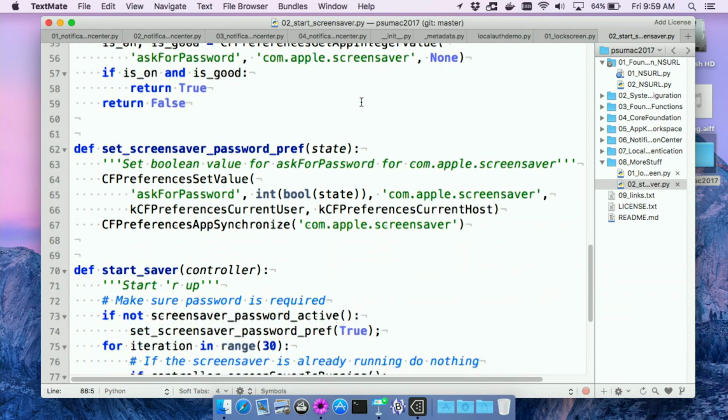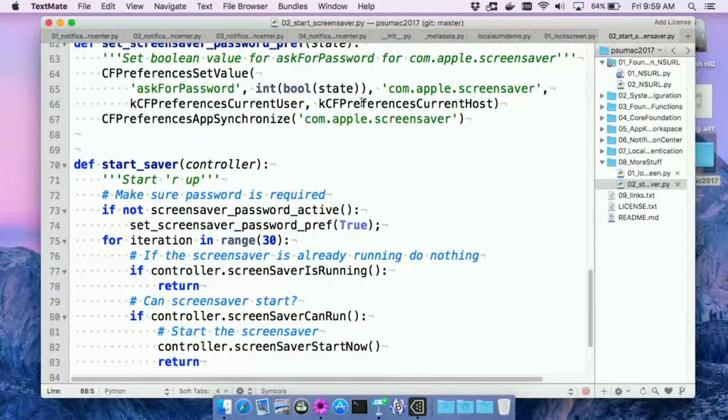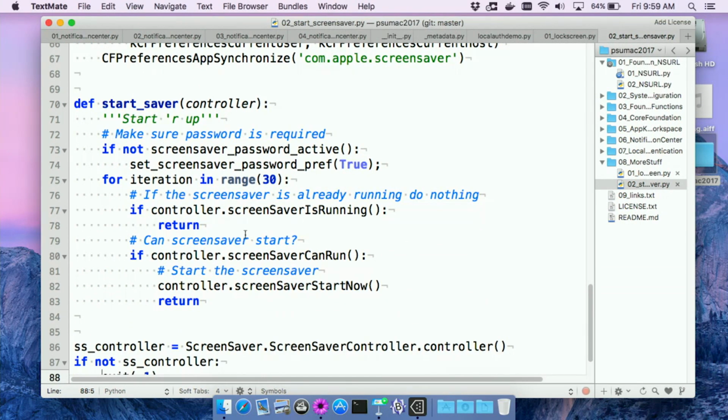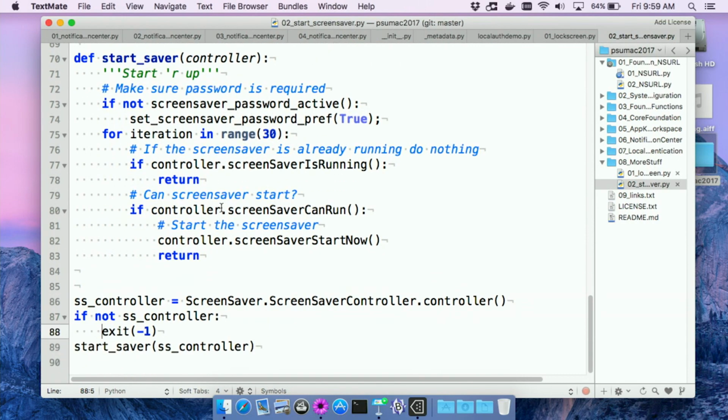So I check that and set it to require a screensaver or require a password if it's not currently set. And then I use some of those secret functions that are inside the screensaver framework to start the current screensaver instantly. So if I run this, screensaver kicks in,